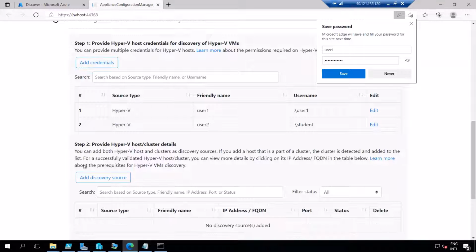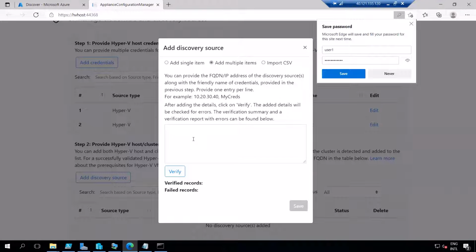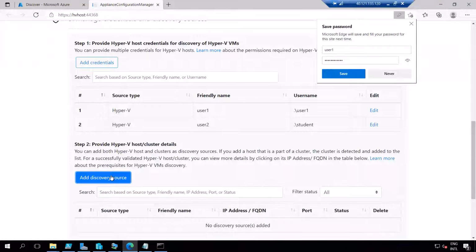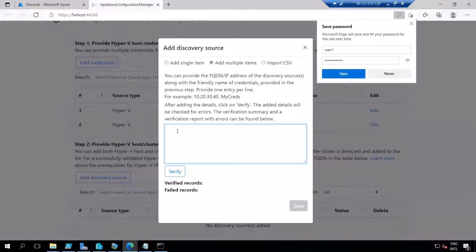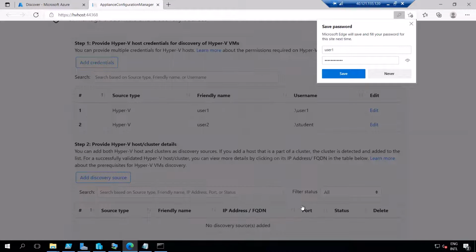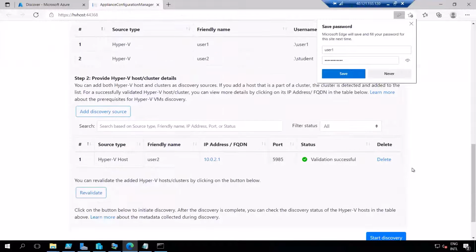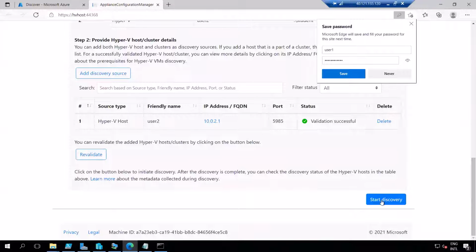Let me delete this and try one more time. Before that, let me capture what the user two is. So 10.0.2.1, comma, user two. Verify. Let me see. Okay, great, it's done now. Let me start discovery.